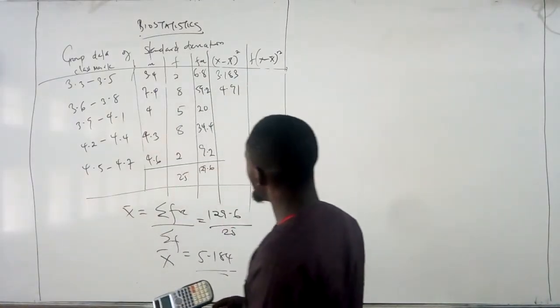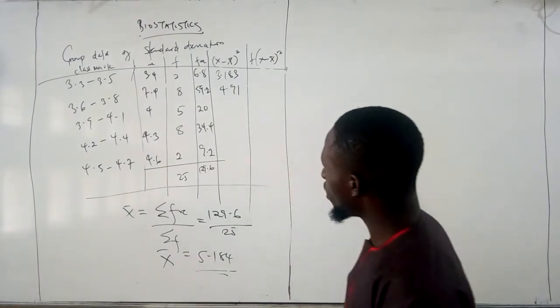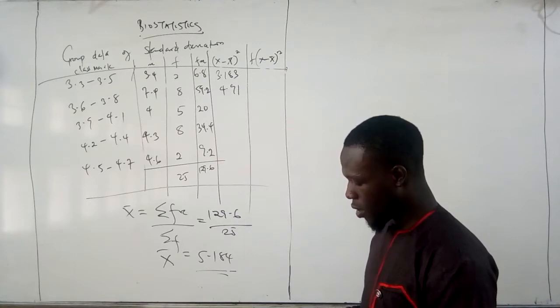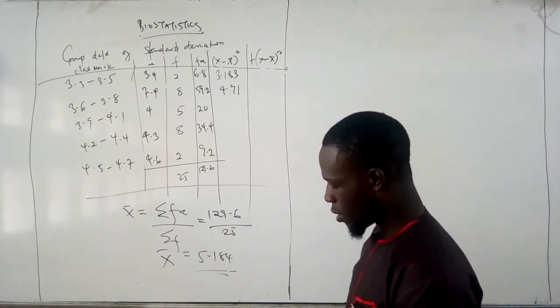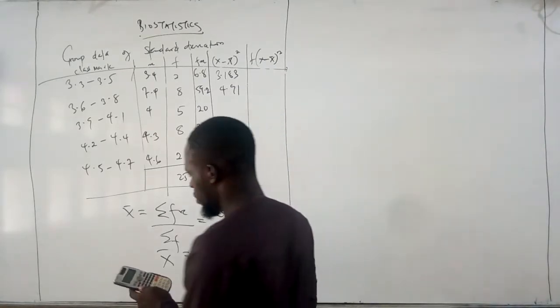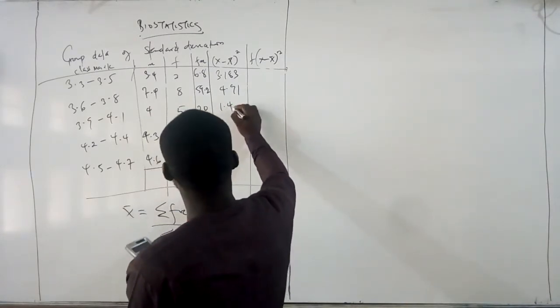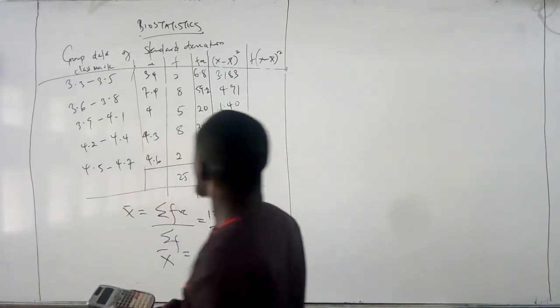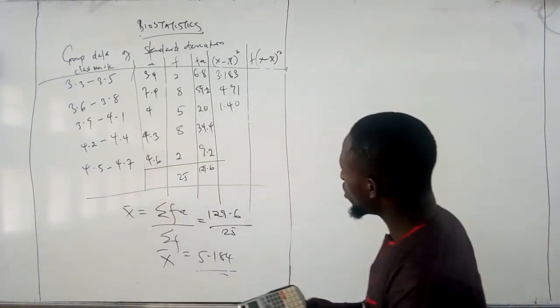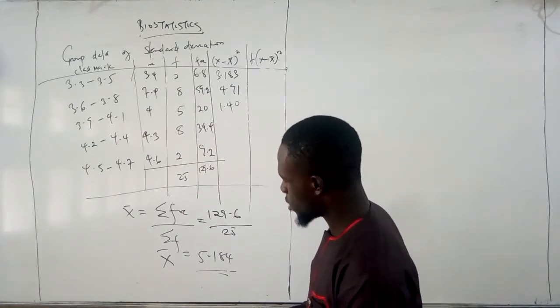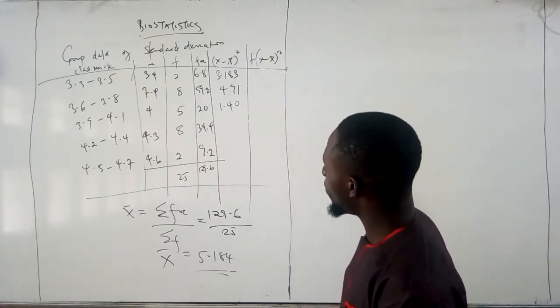We move to the third one, which is 4 minus 5.184. Then you square it. You are going to have what? 1.40. So let's move to the next one, which is what? 4.3, right? We have 4.3